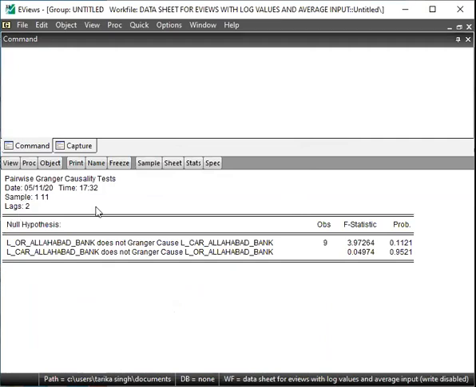The lag specification is 2 in this case, so I'll move with 2 only and click on the results. In the output window, you can see the null hypothesis: L_OR of Allahabad Bank does not Granger cause CAR of Allahabad Bank.